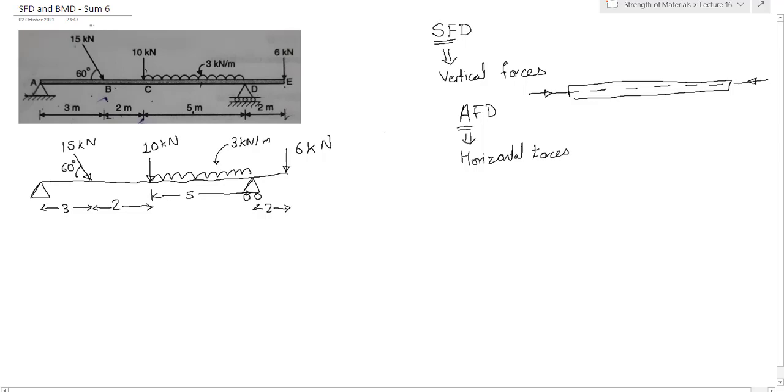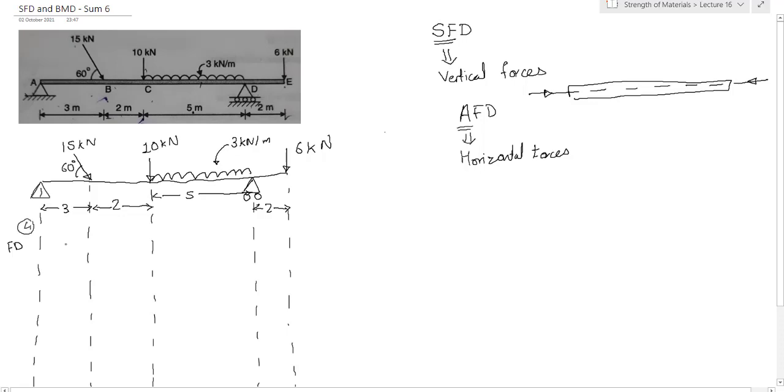See, in this case, this force is at an angle. So it will have a vertical component and a horizontal component. We have to consider both in this case. So I will draw this diagram. First of all, I will draw only the force diagram. We have to take all these important points downwards. We'll take this point, this point. I have taken all the points downwards.